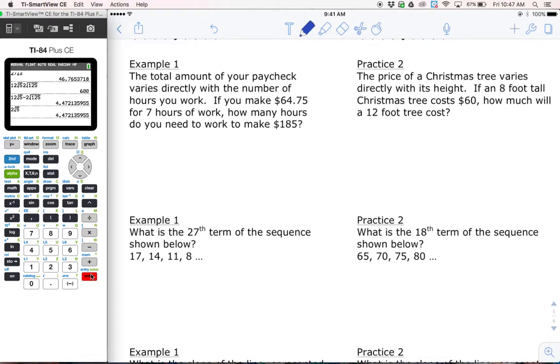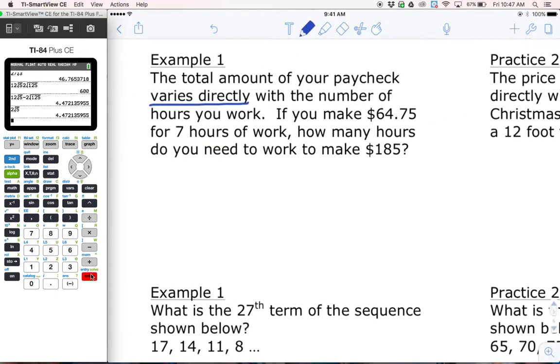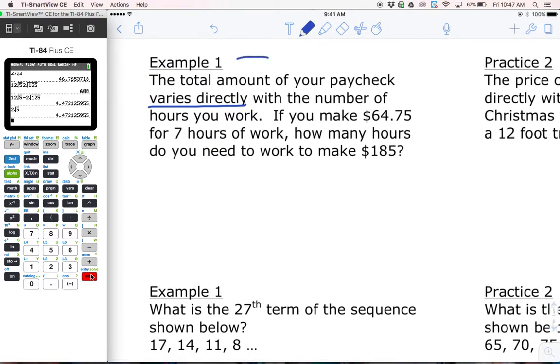All right. The total amount of your paycheck varies directly with the number of hours you work. If you make $64.75 for 7 hours of work, how many hours do you need to work to make $185? All right, well, hopefully we remember that varies directly means proportional. Guys, you can just set up a quick proportion for this. Actually, I think a lot of us can probably just figure this out in a variety of ways, but I'm going to say, okay,